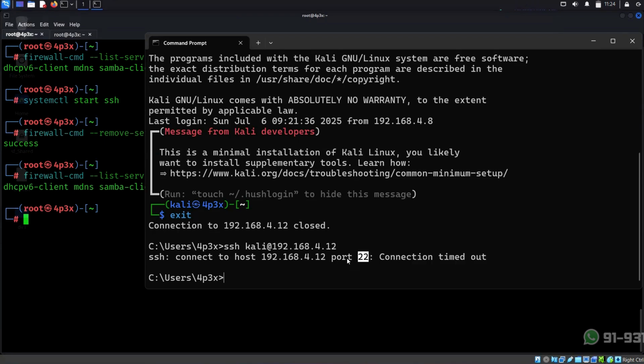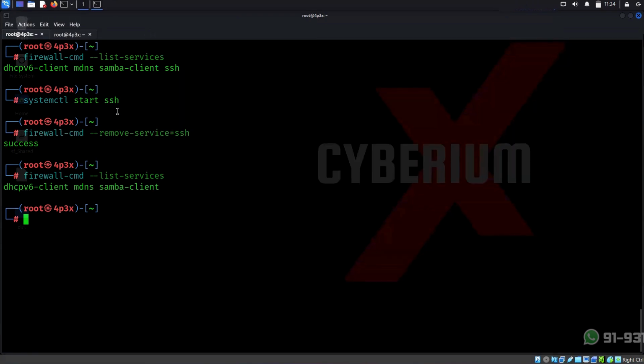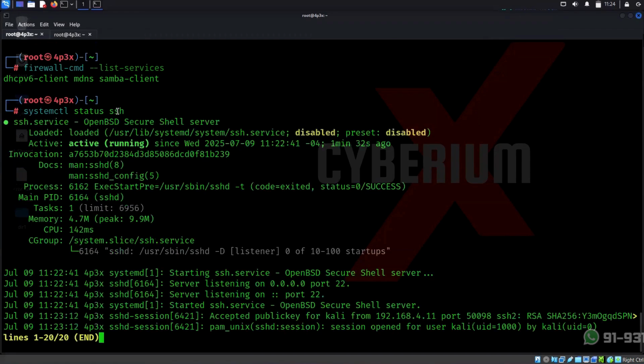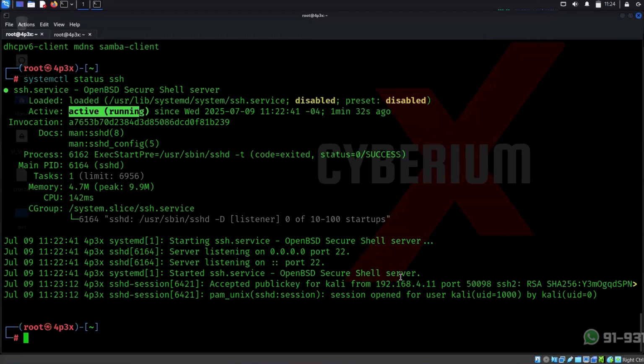So the port 22, even the SSH protocol is still running. If you want to confirm, you can confirm the same by using the status command. You will find the SSH is still running, but in this case, why you are not able to access is